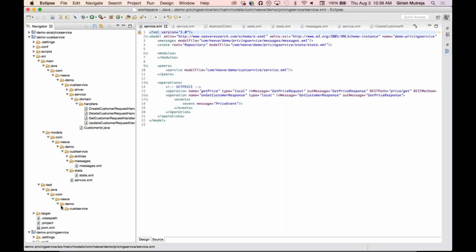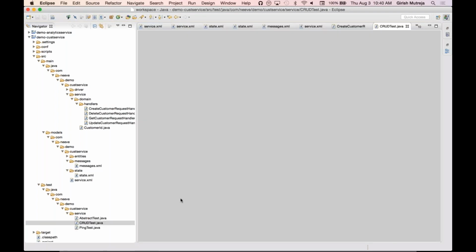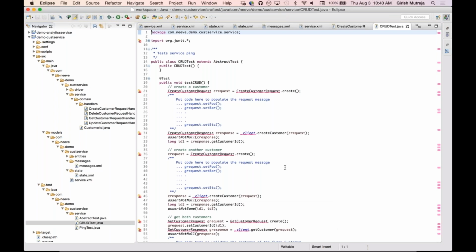So when you want to test these services independently from an API standpoint, fully integrated or kind of isolated, that's what X gives you. It gives you the capability to launch these various components all in a single JVM, and then you can run the API testing, all as a unit test. So, for example, this CRUD test is what actually does that. It does a CRUD operation test that you can build out more as you build out the service.